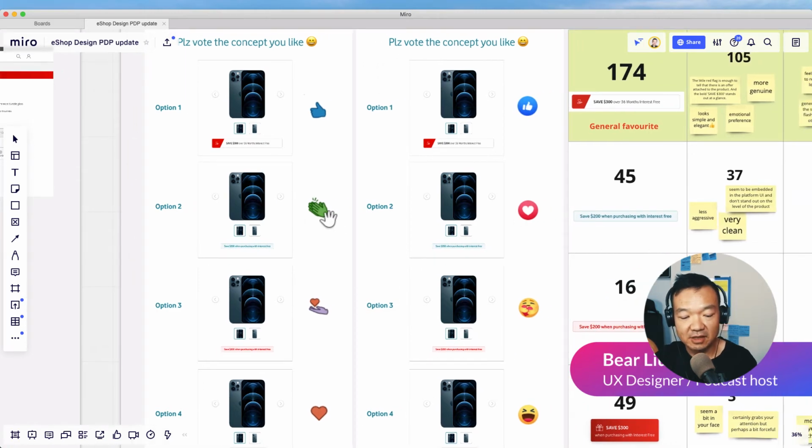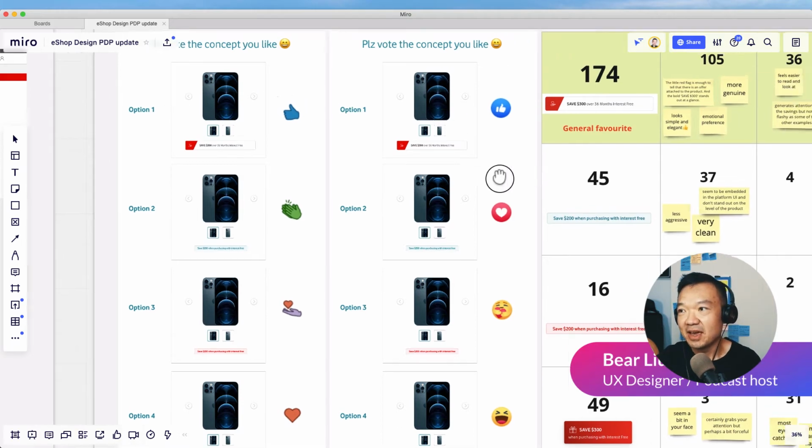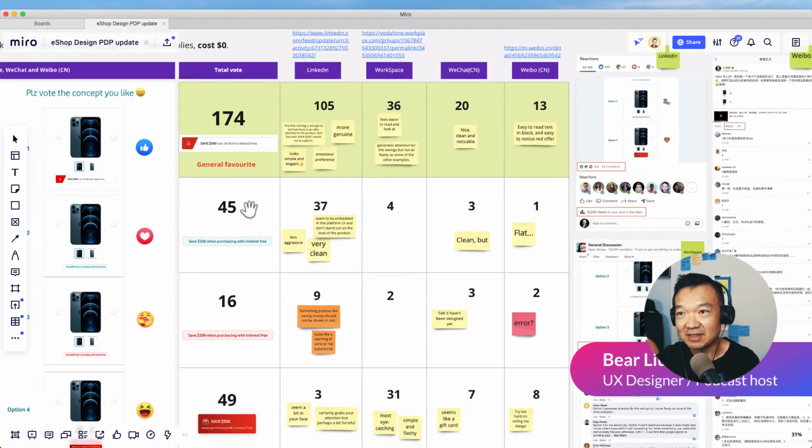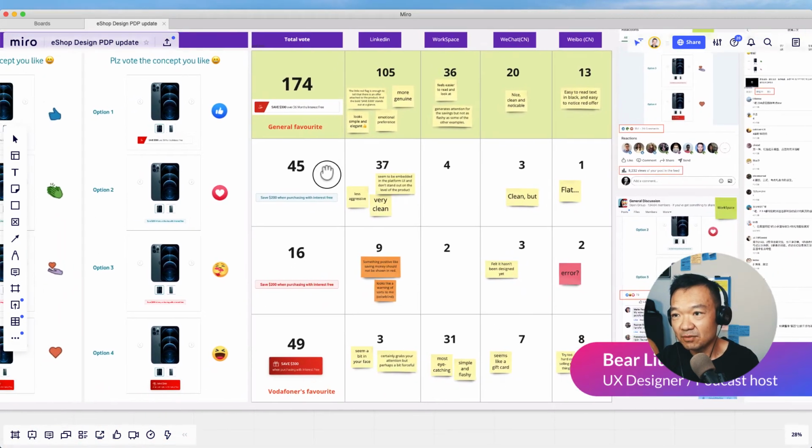And the other thing I did is make a similar one, which we can use for votes on the internal platform, which is the Facebook Workspace that we're using at the current company. And the result is quite interesting. You can see from the